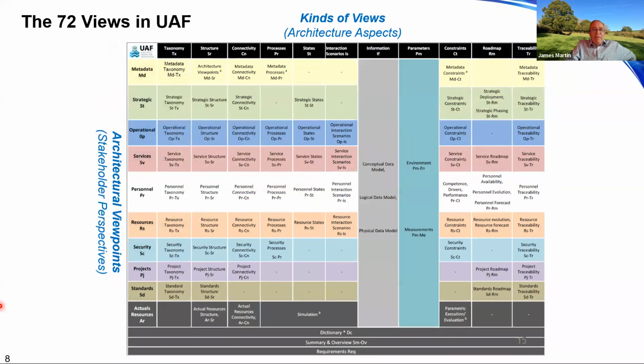So now there's 72 views in the Unified Architecture Framework. So why do we have, where'd the new views come from? Well, part of the unification was expanding it beyond the U.S. Department of Defense to incorporate other frameworks, such as the Canadian framework, the NATO framework, the UK's Military Defense Framework. And we've also recently added some things from the business architecture community, from the service-oriented architecture community, and we'll continue